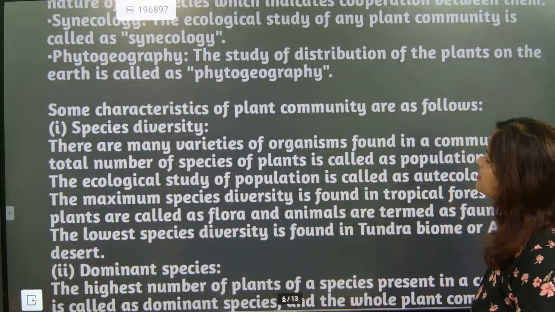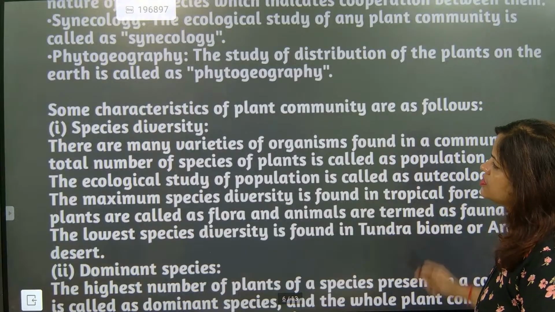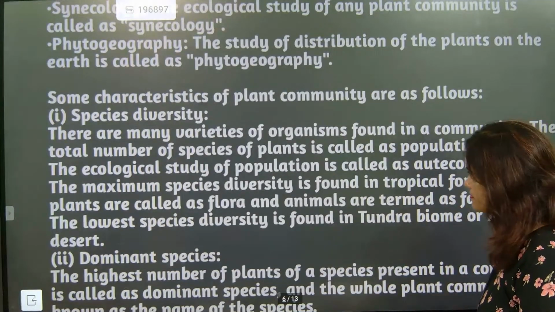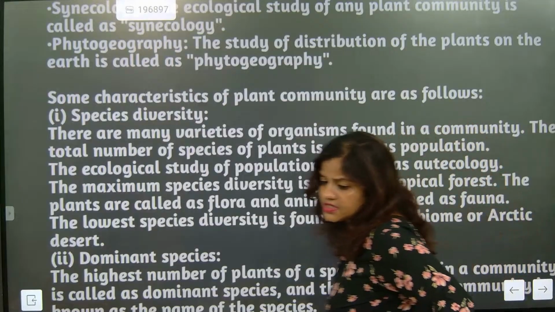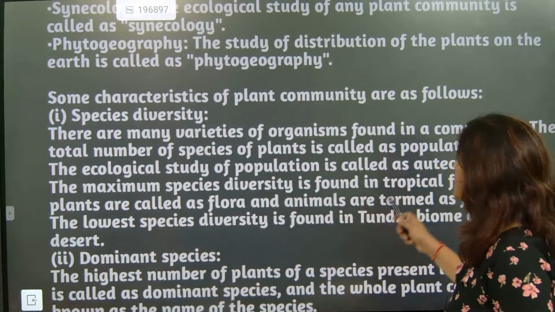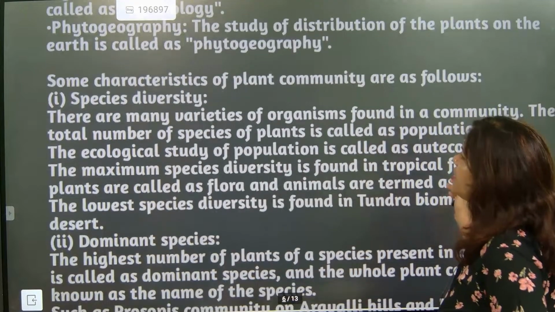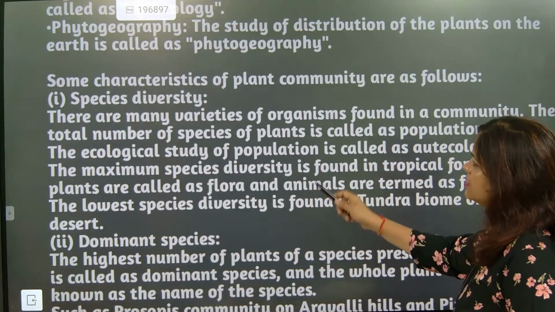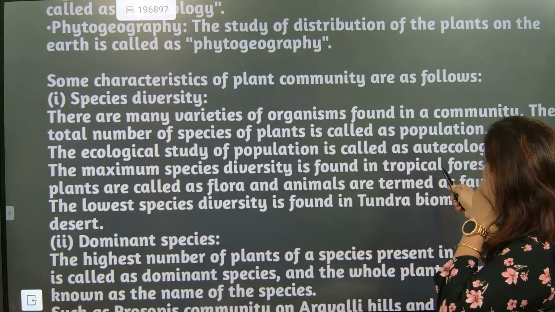Now, all the characteristics of a plant community are as follows. First is species diversity. We need to understand what the diversity of the species is. These are the many varieties of organisms found in a community. The total number of species of a plant is called population. The ecological study of population is called